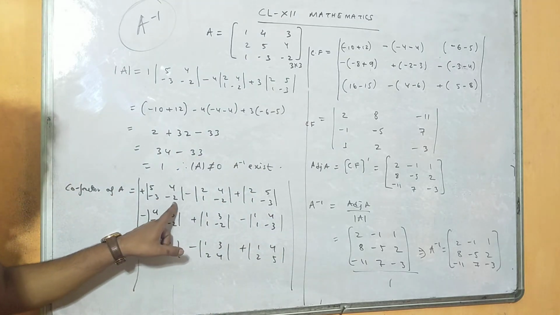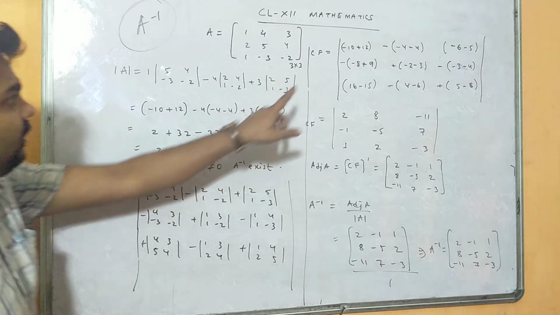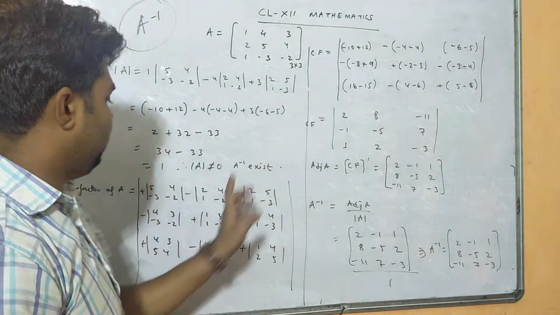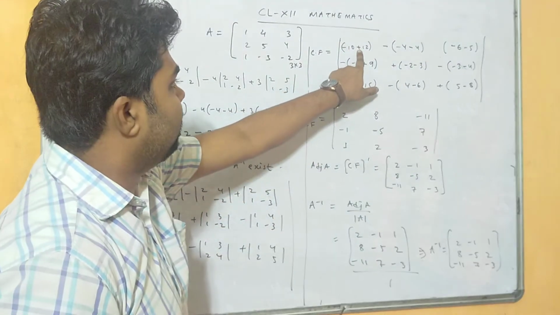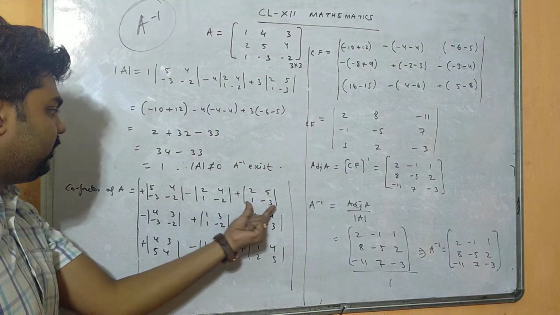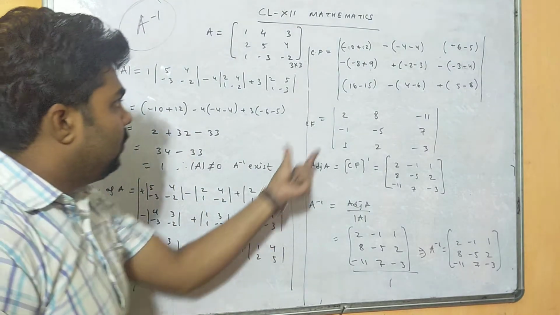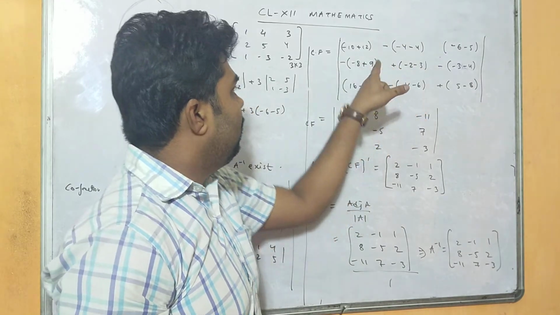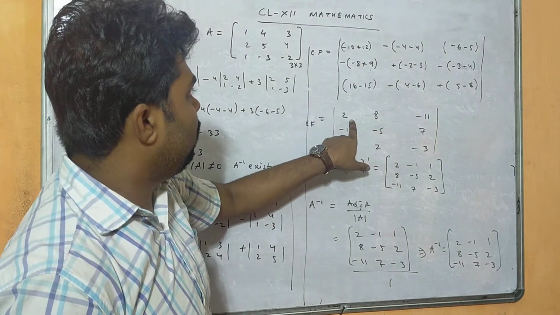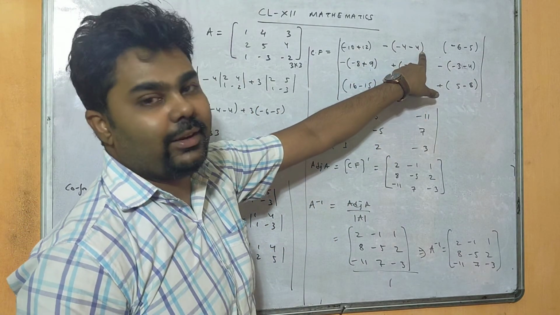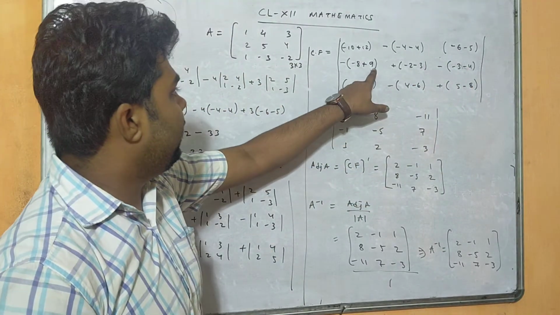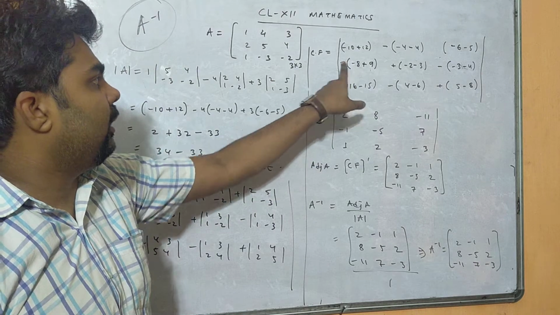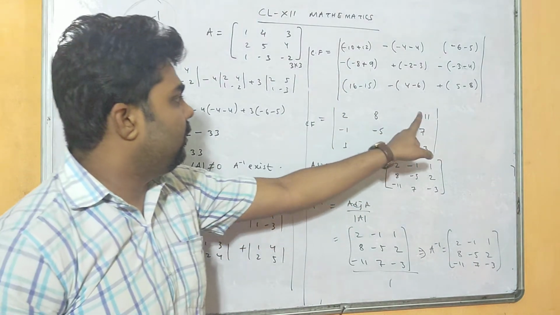After getting them, we will cross multiply: minus 2 into 5, minus 10. By formula, minus 3 into minus 4, minus 12. So minus minus plus. Similarly, we will solve for this determinant now. So we will place the answers here. So minus 10 plus 12, that is 2. Minus 4, minus 8, minus minus plus 8, minus 11. Similarly, 9 minus 8 is 1, but minus is there, so minus 1. So similarly, we will write this one.